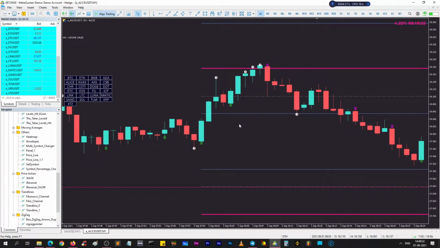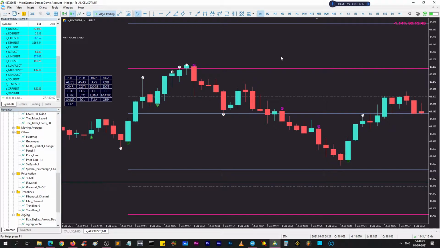What's going on here? First of all, as you can see, you see three higher high. It's saying three. It means this level has been touched by three higher highs. That means here we cannot sell at this moment when the price touches it with the behavior of three higher highs. But after that we see this rejection sign. It says reversal down. Okay, this means that yes, now it's indicating that this level can be used to sell.